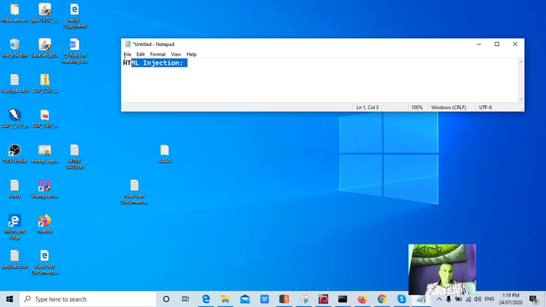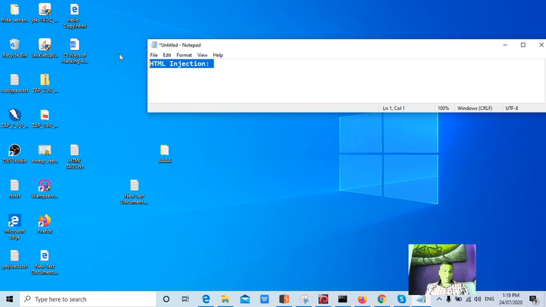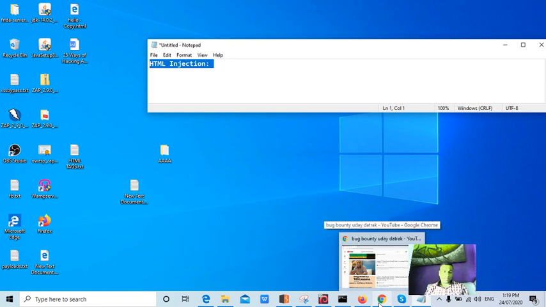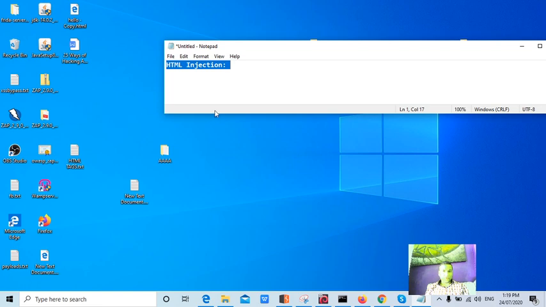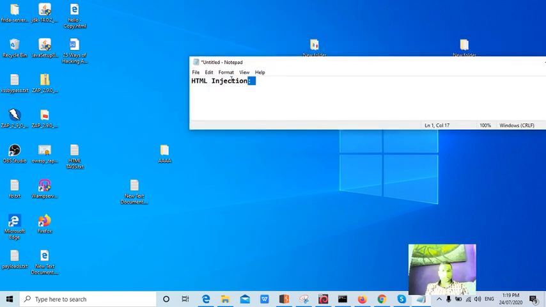This can also be bypassed even if the application is protected using double encoding. There are many ways to bypass blacklist validations, output encoding, double encoding kind of things, and data sanitization methods, bypassing techniques. There are many techniques. So today we'll talk only about the basic examples. In later videos I'll be showing you how to bypass them, because all together will take 1 hour, guys. But first of all, at least you need to understand what HTML injection actually is.